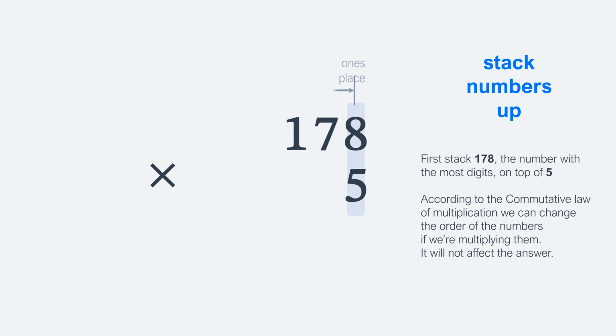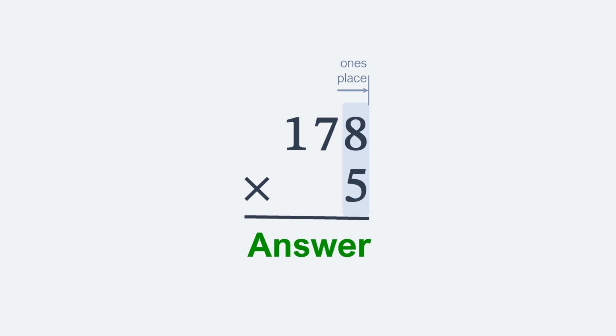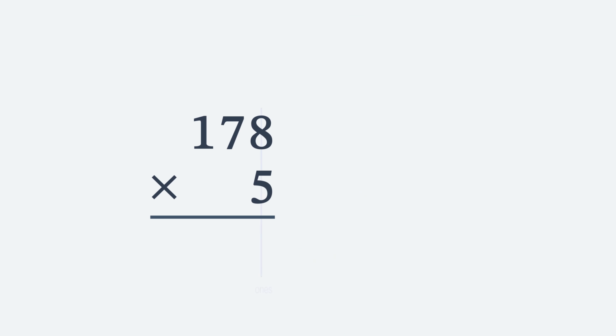Notice that the ones position for each of the two numbers are aligned vertically. When you stack numbers, make sure the numbers are lined up correctly. The ones place of the numbers on top should always be directly over the ones place of the number beneath it. After our numbers are lined up, we put the multiplication sign to the left of the numbers to show that we are multiplying them. Instead of an equal sign, we draw a line just below the bottom number, because the answer is going to go below that. Now we are ready to learn the procedure for multiplying.